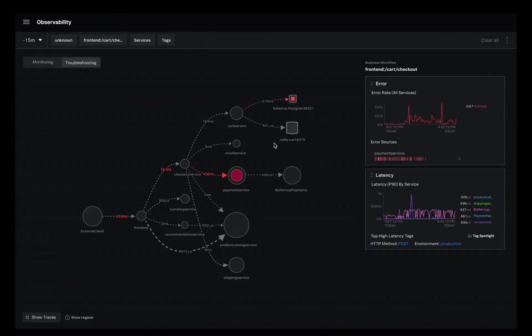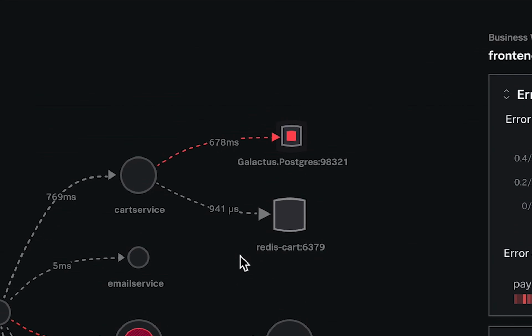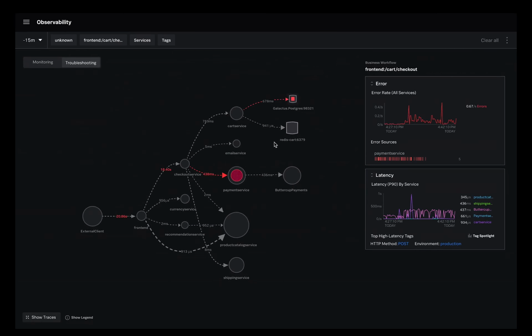Sarah starts by keying in on Galactus Postgres 98321 in the service map. Postgres is a commonly used open source data store that backs multiple services inside of the company, and it runs on Kubernetes. So she wants to know if there's anything correlated with the errors being seen on the data store,